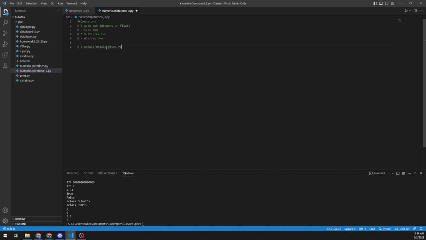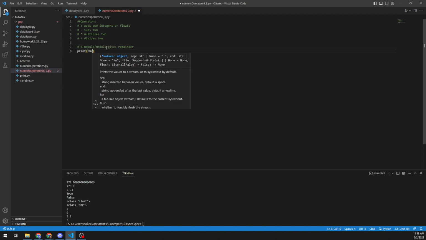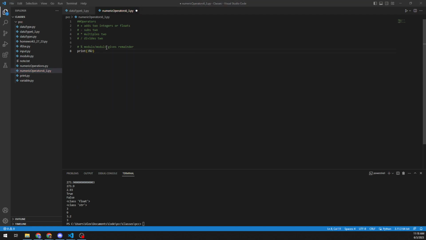Is that the percent sign? Yeah, it is. Okay. So print 3 modulo 2. Now what this looks like,